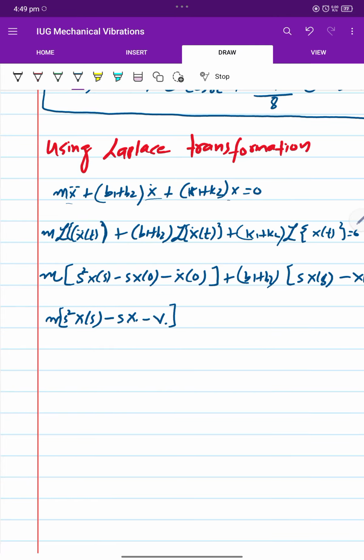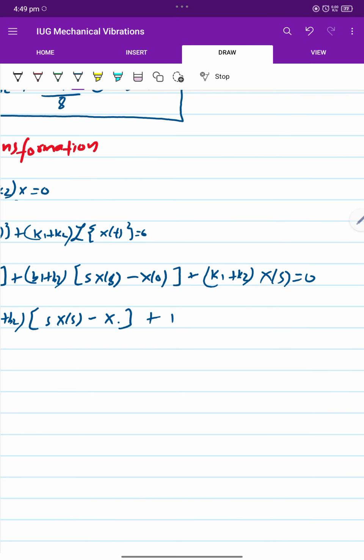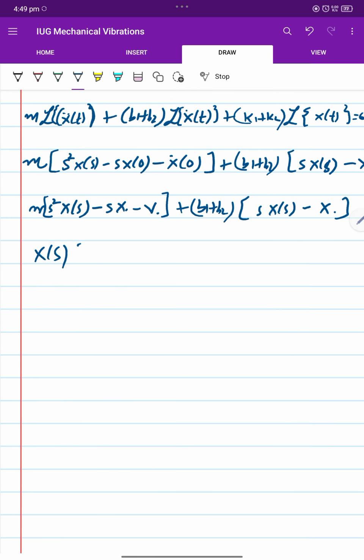Let's keep it like this one at the moment, plus b1 plus b2 s x of s and minus x naught, that's the initial condition, plus k1 plus k2 into x of s equals to 0. Now you can open up all the brackets and simplify your equation. That's simply algebraic operation. So you will have at the end x of s times ms square plus b1 plus b2 s plus k1 plus k2